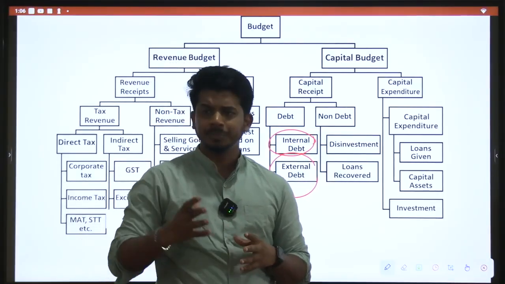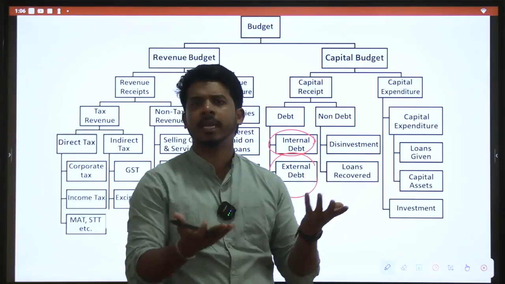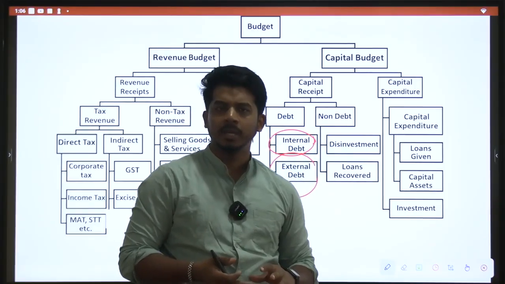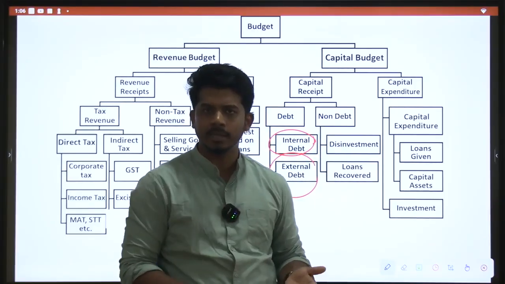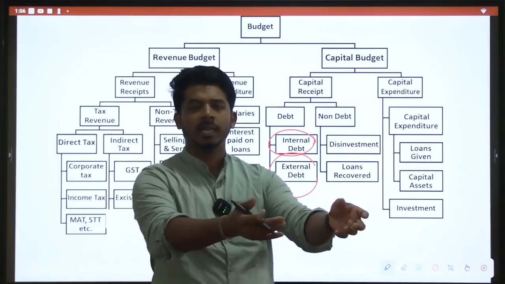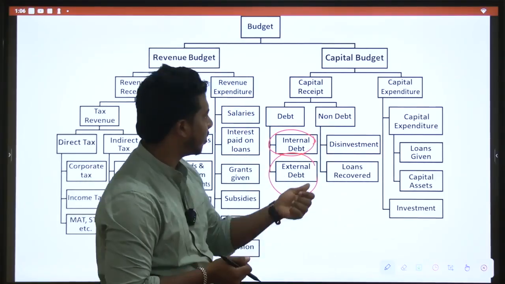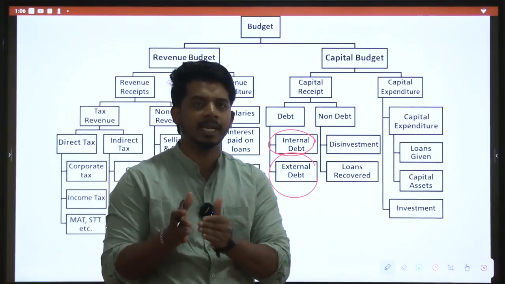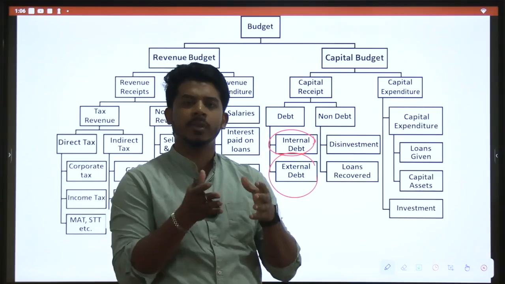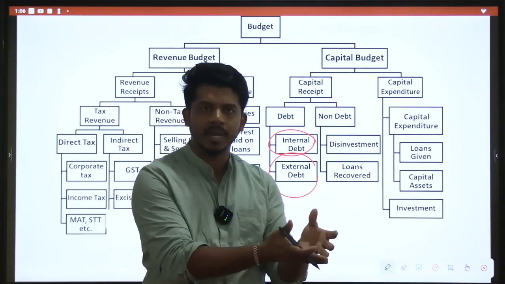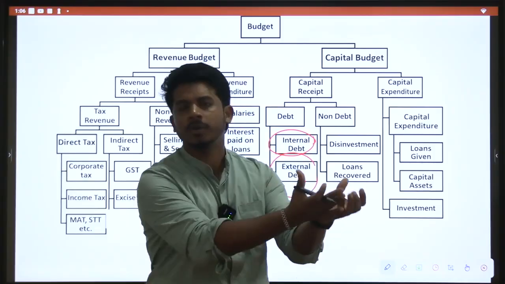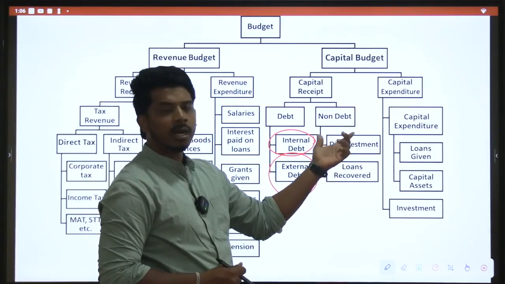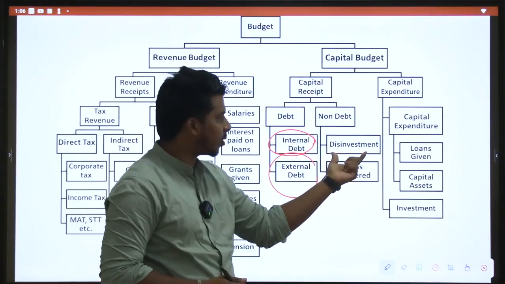Like I can sell a company. Government has a company. Few years back, Air India, till 2 years back, was owned by Government of India. Now Air India was sold to Tata's. It was privatized. So all the revenue generated from that particular transaction, now India has lost an asset. Okay, so there is a change in asset and liabilities. In this transaction, Government of India used to have an asset. Now Government of India has let go of that asset. So in return, it has got some money, which will be the non-debt creating capital receipt. This is also called disinvestment.